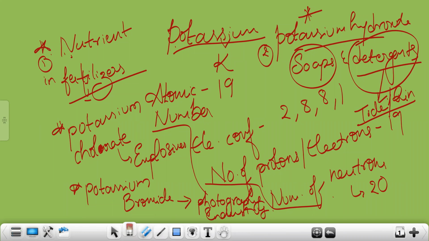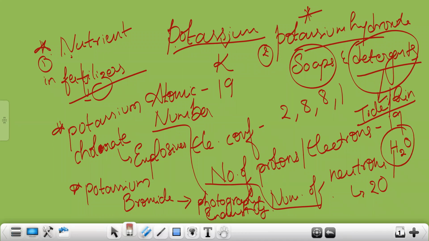Making soap, any substance you take is made up of chemical elements. Even water you take, what is the chemical name of water? You drink water. What is the chemical formula of water? H2O. H2O is the chemical formula for water.